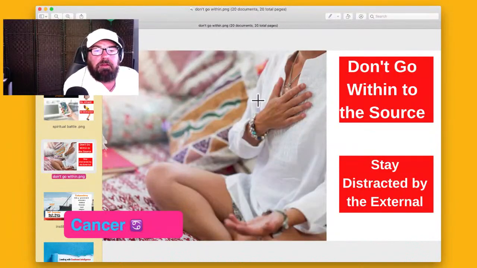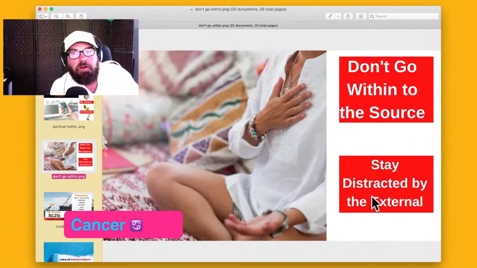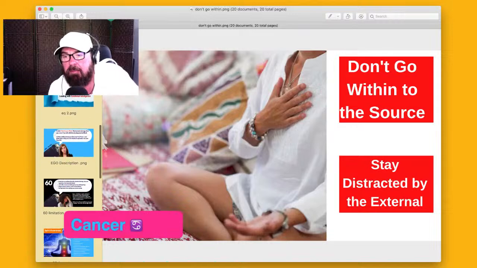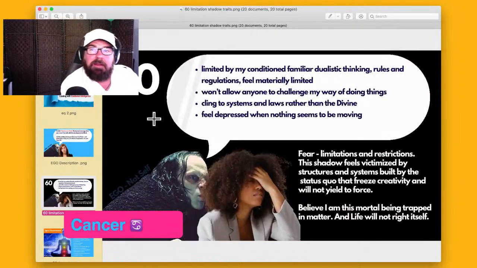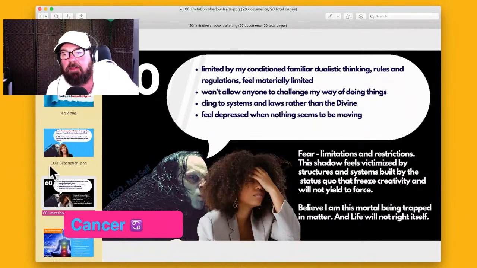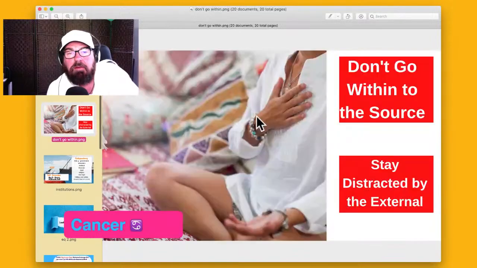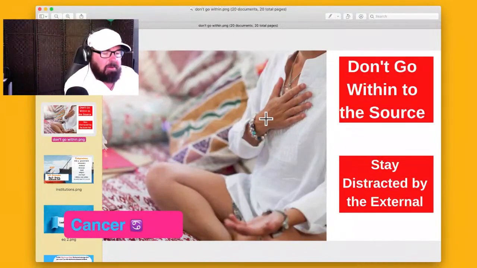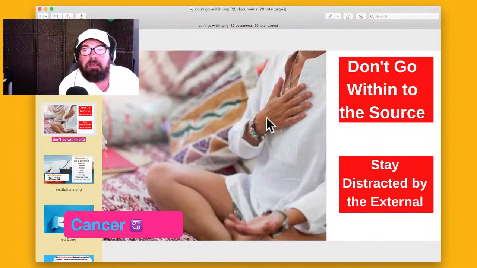Don't be distracted by the external. Well, it's them, right? That's what the ego will tell you. It's them. They're limiting me. If they just did this, then everything would be okay. The shadow's not coming from the other person. The shadow's the source. The shadow's coming from you, so that you can see and feel and experience this shadow of limitation so you can transcend it.